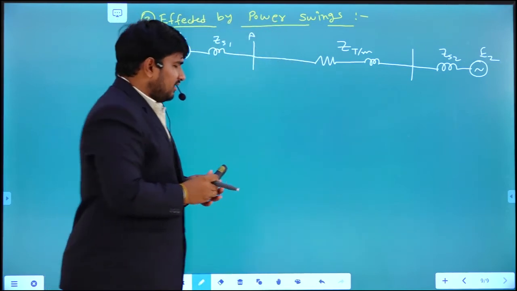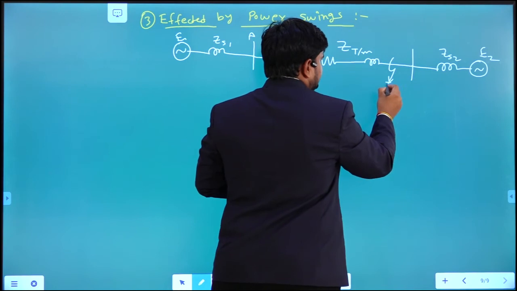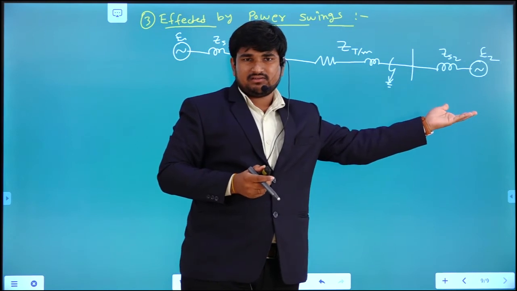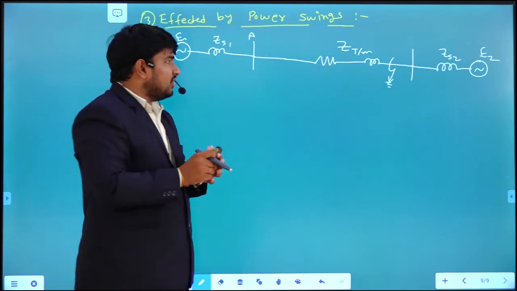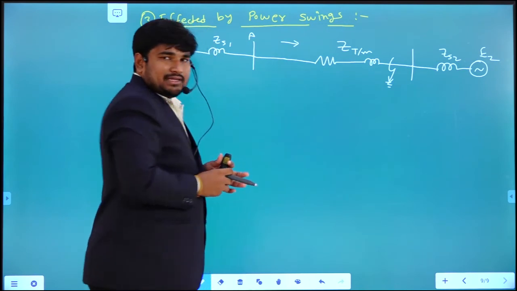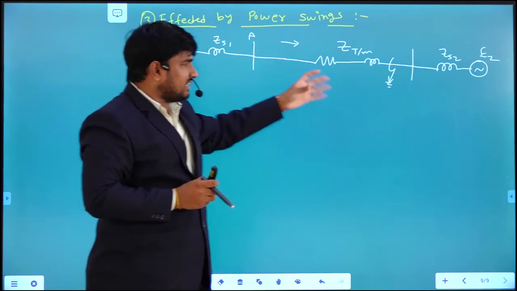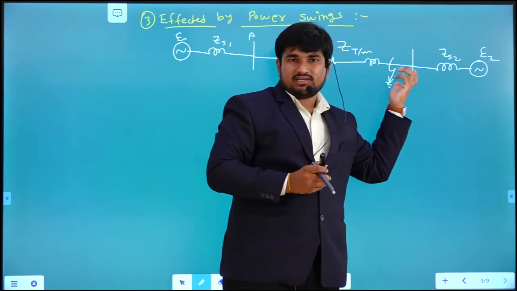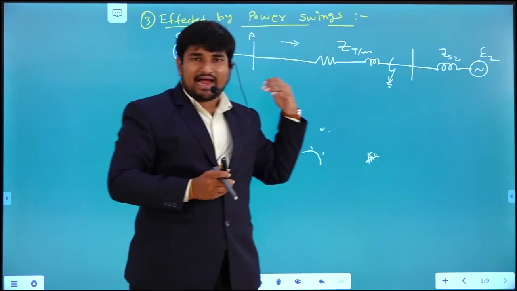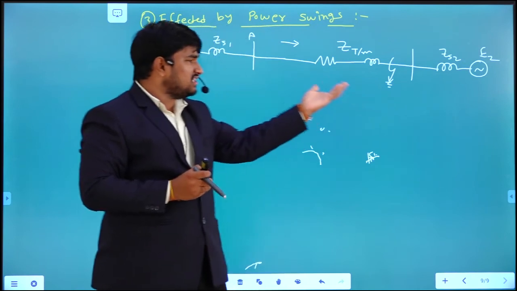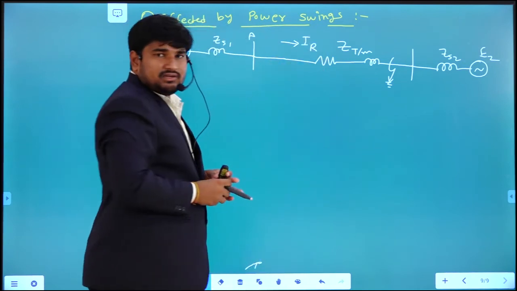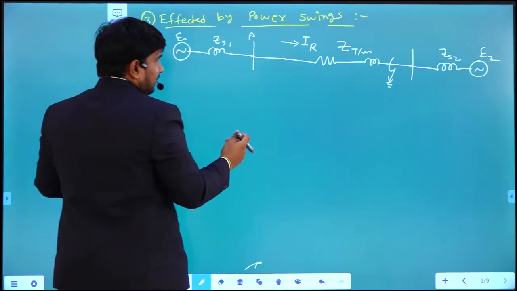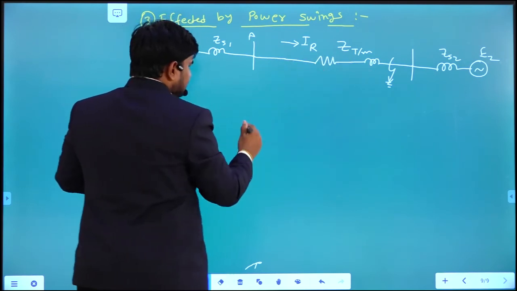Now, for example, if a fault has happened here, because of this fault, some of the tie lines will be eliminated, right? So the amount of current will be affected along with this fault as well as by the elimination of these tie lines or another power system network. So because of these two effects, the relay current will vary very much. So in a graphical representation, I can represent this power swing effect like this.